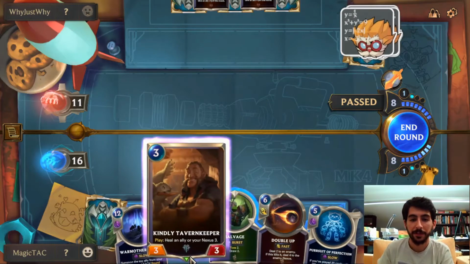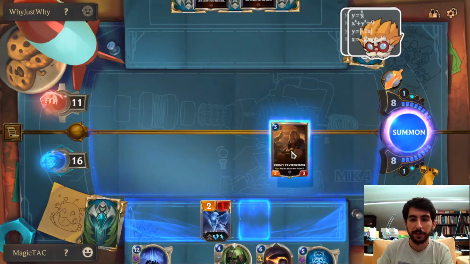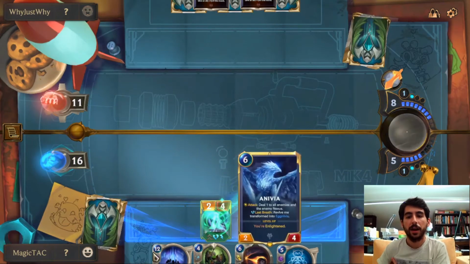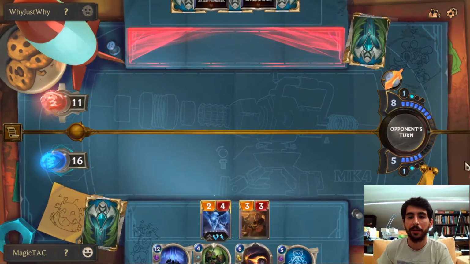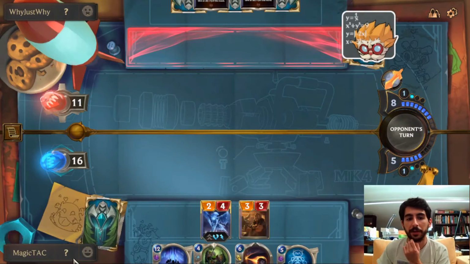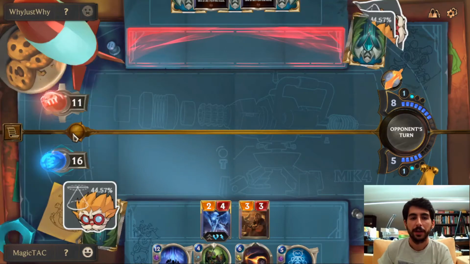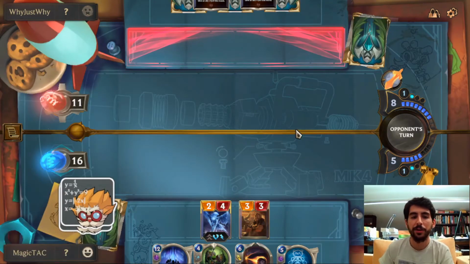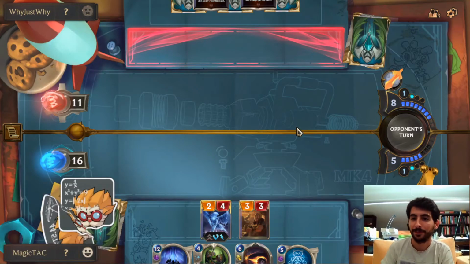He's very tilted. I'm just gonna heal up the Anivia though. Like, I think it's fine. I can play this next turn regardless, right? As long as I don't spend too much mana, and I still leave this up in case he wants to play something. So, he is very tilted right now, which is very enjoyable to see for sure, but...